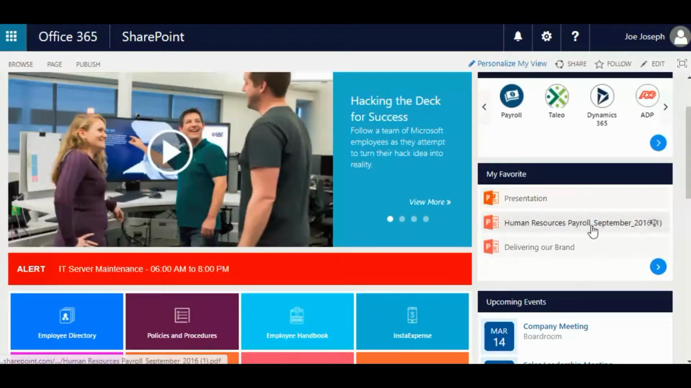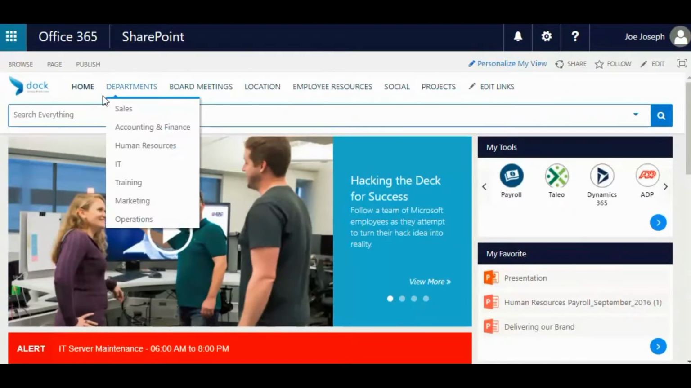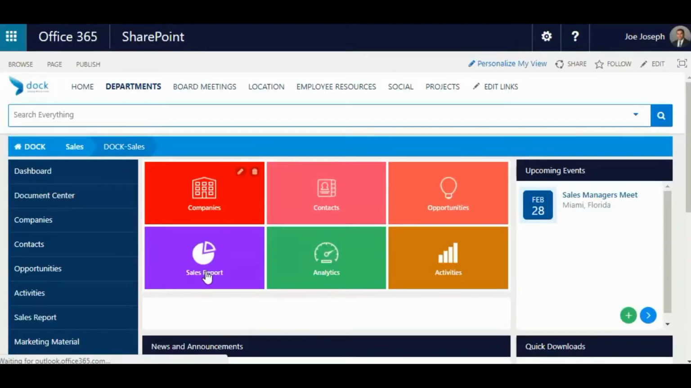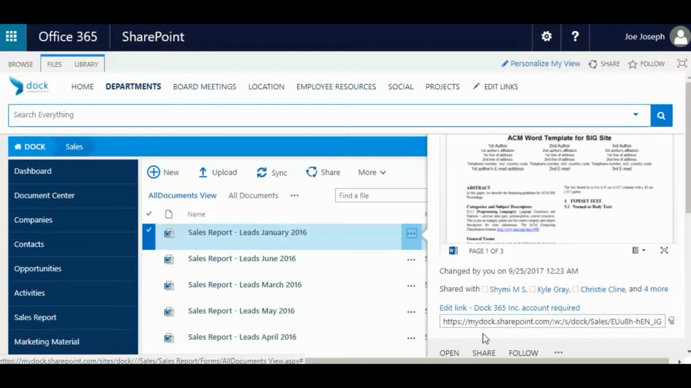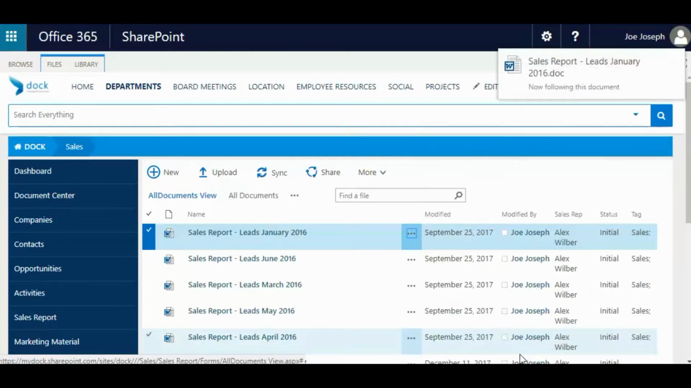In this section of the tutorial for My Favorites, click on Departments, for example Sales, and click on Sales Report to access Documents, and then hover over this area and then click on Follow, and you must be in the classic view of SharePoint to see this, and then you see it popped up in the top right hand side,